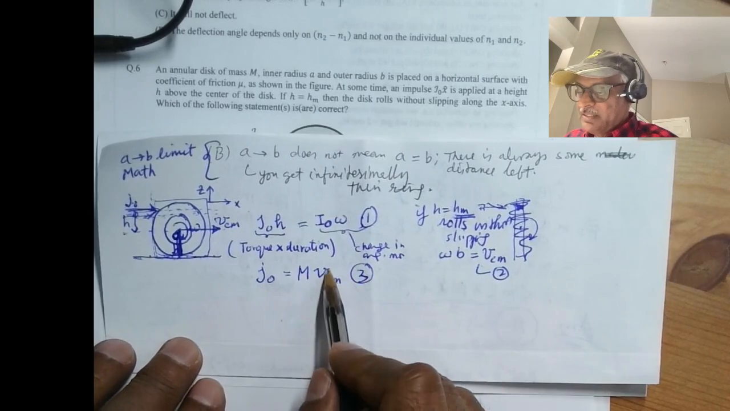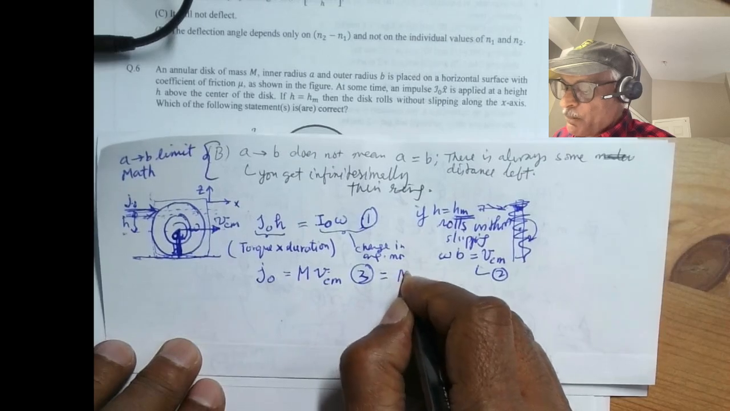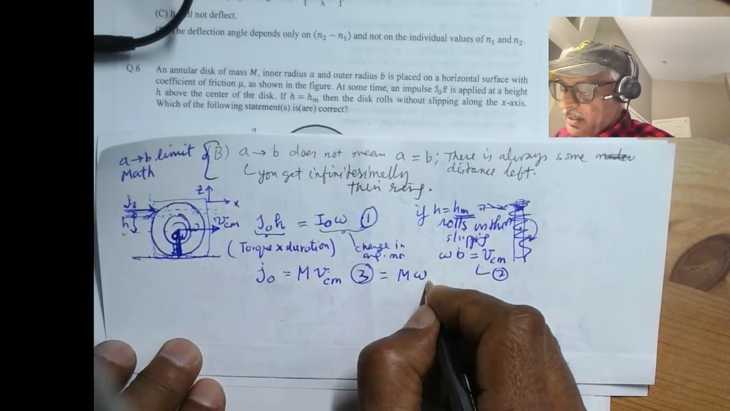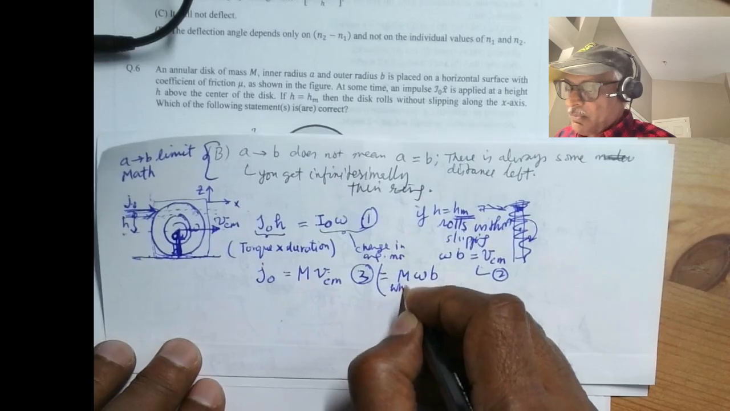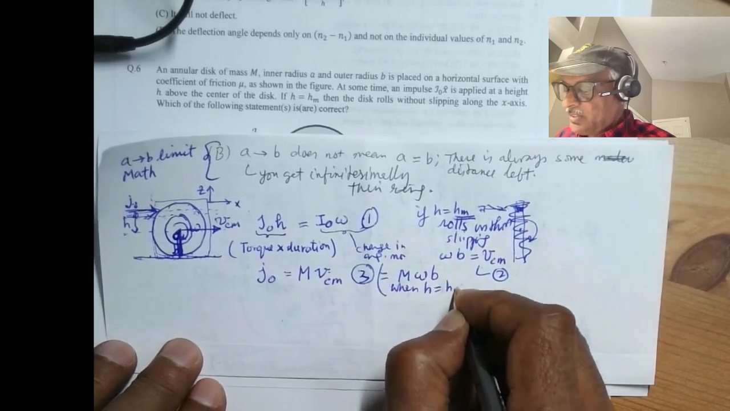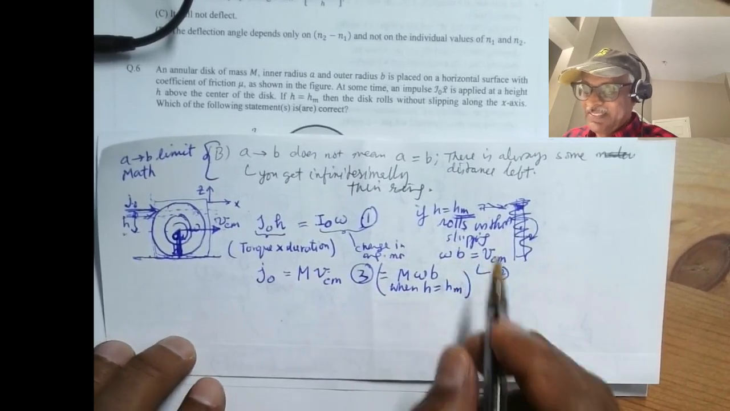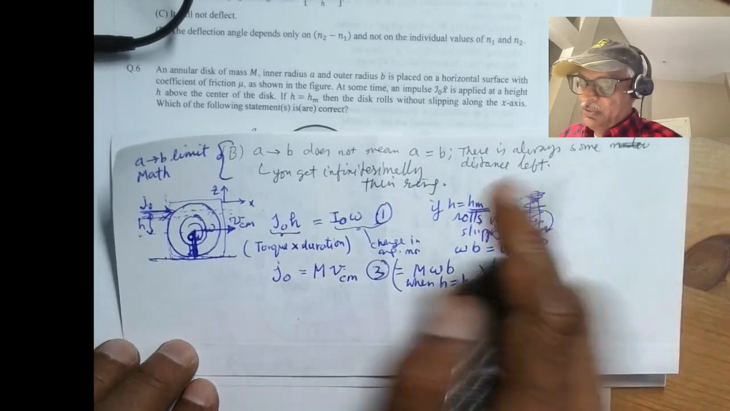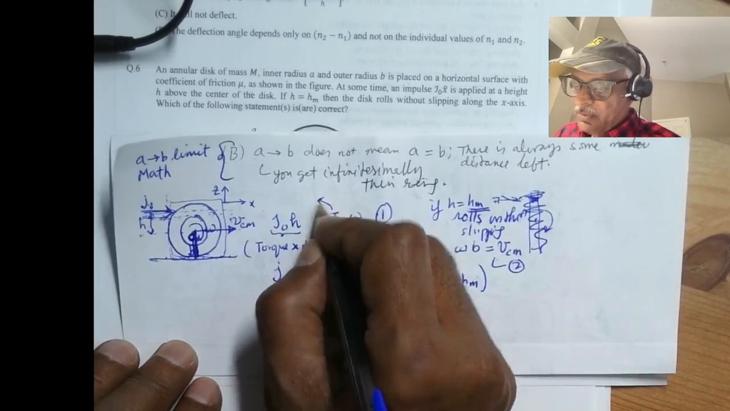And of course you can write this is equal to m omega b when h equals hm. This happens only when h equals hm. The third thing we need to know is what's I0. So this I0,